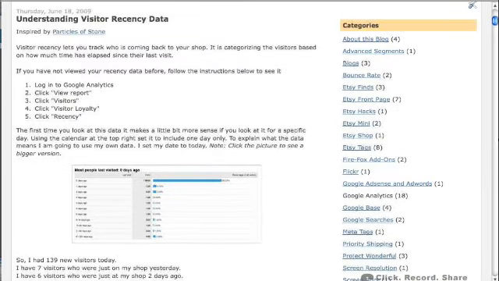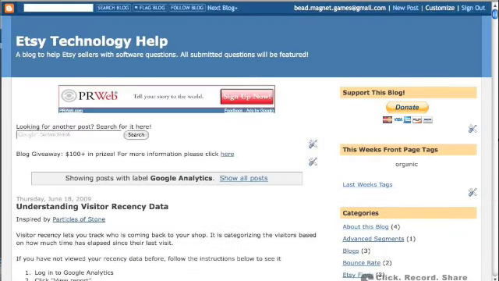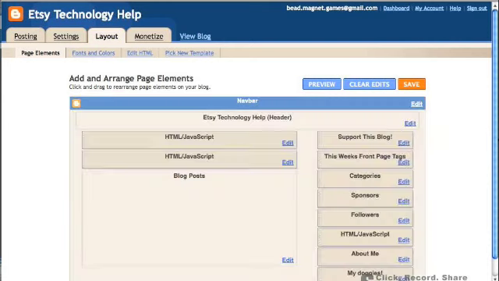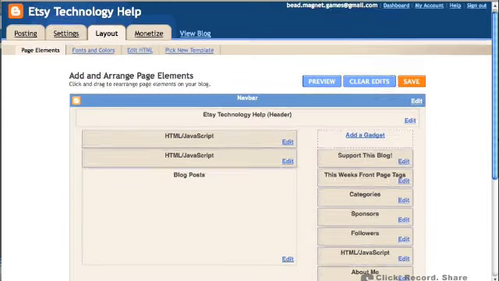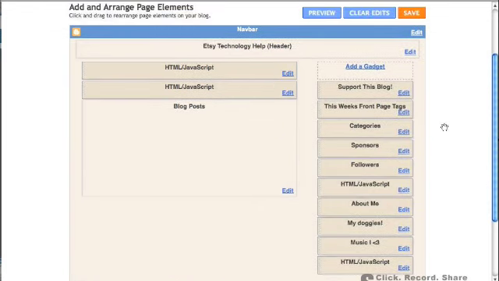Now this is fairly easy to set up. Blogspot makes it so that you can just add a little widget over in the sidebar. So I'm going to go through how to do that. And the first thing you need to do is click the Customize link at the top of the page. And this will take you to the layout of your blog. And what we want to do is add a gadget. So if we click Add Gadget,